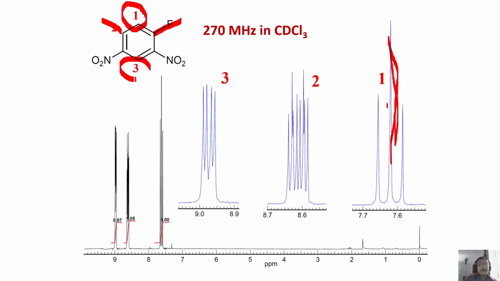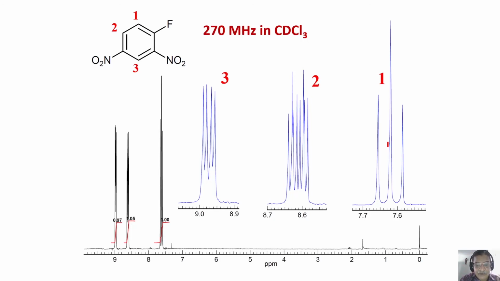Then what happened to this coupling? Long range coupling you don't see. I told you, in this case we didn't see this 1-3 coupling. Consequently, when you observe 3, you don't see 3-1 coupling. So that's what happens. So the assignment of 1 became very clear for you now. I hope you are all with me. I took several examples here, simple molecules to analyze based on the multiplicity pattern. I also took heteronuclear coupling so that you will know that when a heteronucleus is present, coupling will always be there.